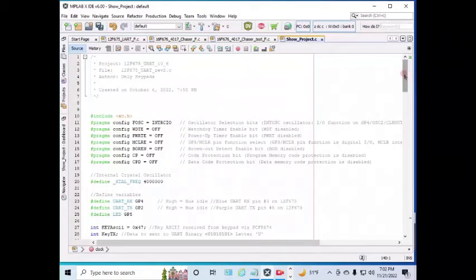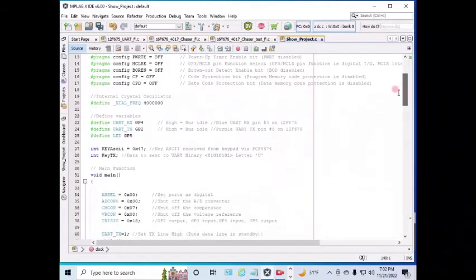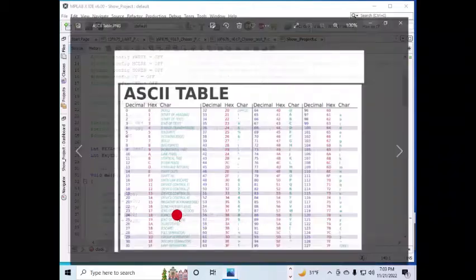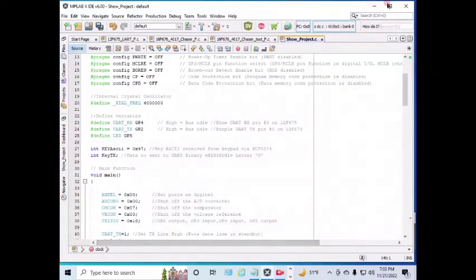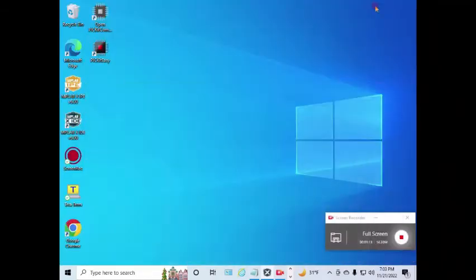So right now, in this key ASCII variable, there's a 0x47 hex in there. And that 0x47 on the ASCII table is actually the uppercase G right here. This is the hex column, and 47 is uppercase G. All right, so what I'm going to do now is I'm just going to minimize this,